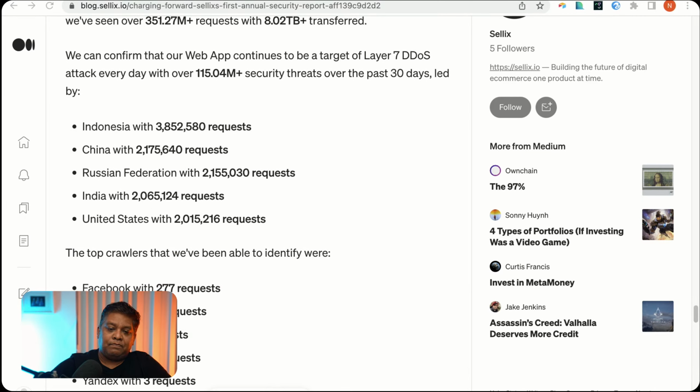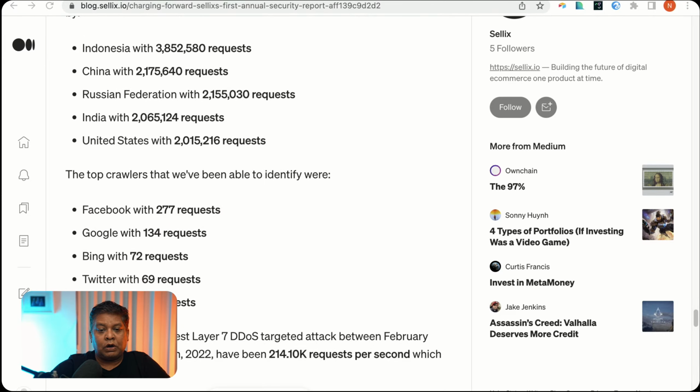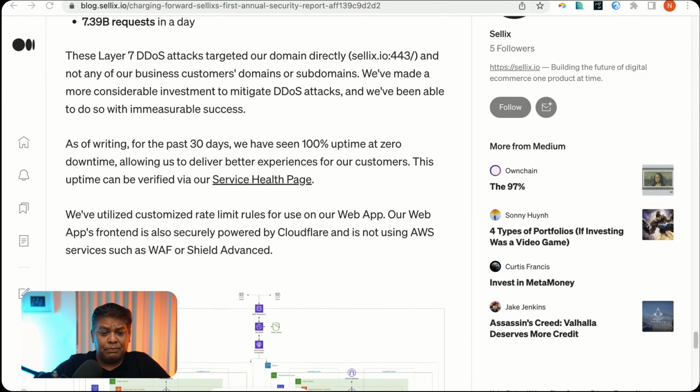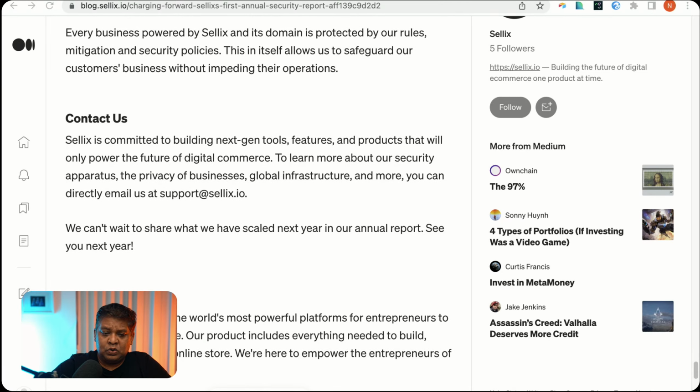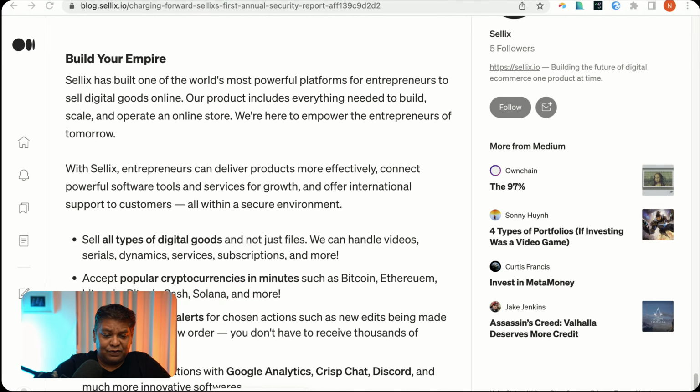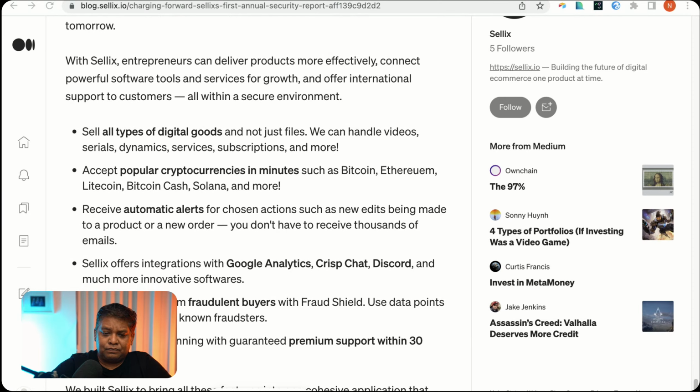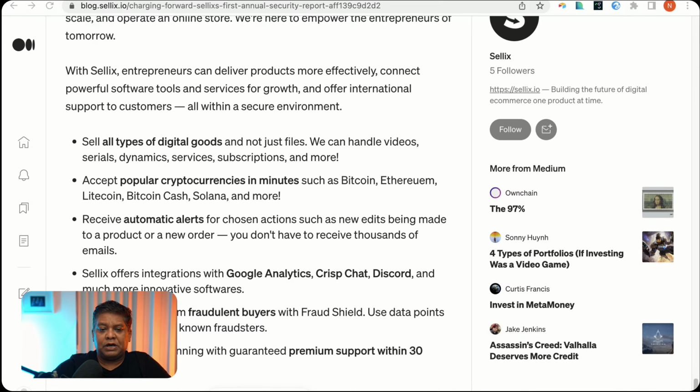So there's quite a lot of numbers here, and you can read that if that's an area of your interest. Okay, so they're talking a little bit about that here, so some interesting information again.